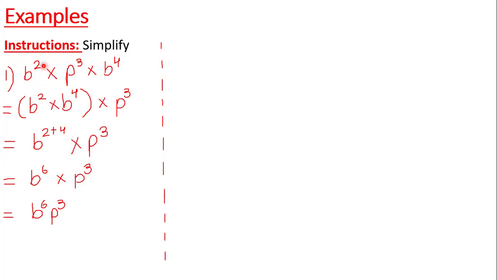You put the two B's in brackets. So I put B to the 4th, B to the 2nd in brackets. Good. And what did I do to the P? You put it over where the B was. Okay, I see what you're saying. Good. So we have P to the 3rd power. What are we going to do to the B's in the middle?